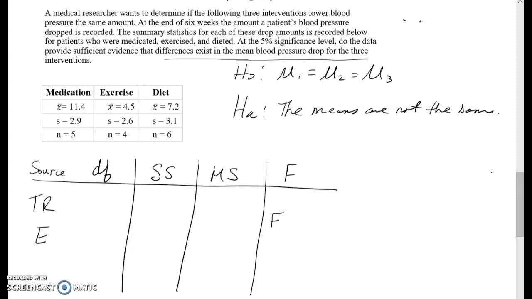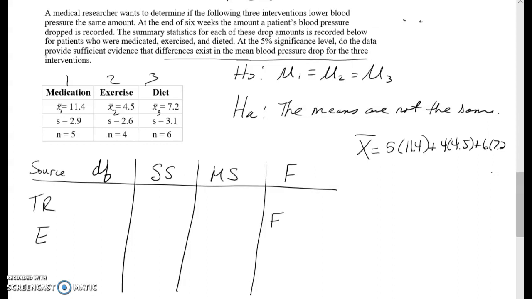To start, though, the first calculation we need to work on, because notice you are given the mean of each population. There are 1, 2, 3 populations. What we don't have right now is the mean for the entire set of data. So we have the mean for 1, for 2, and for 3. To get the mean for the whole set of data, you have to consider that each of these populations are of different size. So the first one has size 5, and that was 11.4, plus 4 times 4.5, and then